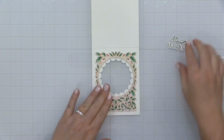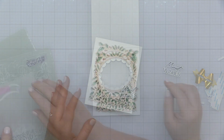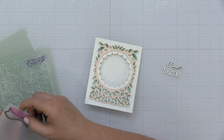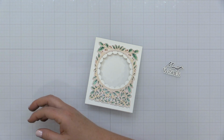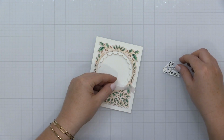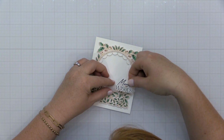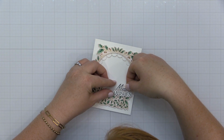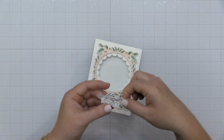So I've added my panel on using some foam adhesive, and then I'm going to add my sentiment. But before I add my sentiment, I am cutting what looks like a banner piece. This is from the Artistic Bow die set. I've die cut that from some vellum, and I'm going to layer my sentiment right on top of that just to add a little something to set this sentiment apart from all of the stuff that's going on in